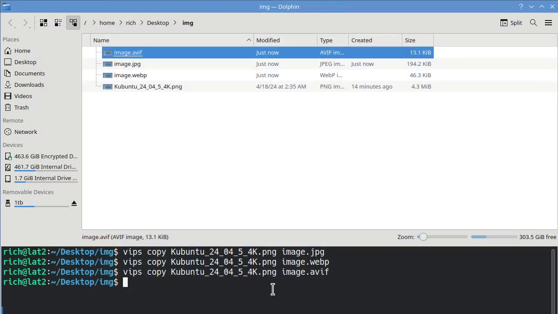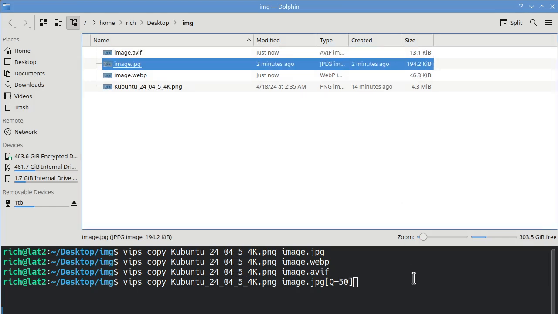We haven't even messed with quality settings yet, or resizing. So we'll do the quality thing first. So again, do the JPEG. vips copy image.jpg, but this time, left bracket, capital Q equals 50. Okay, right now it is 194, and now 166.